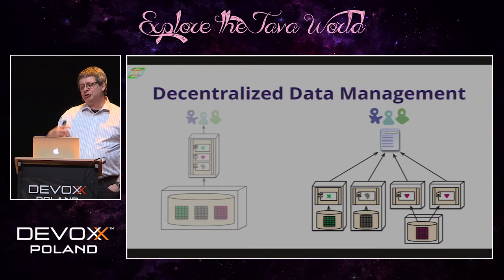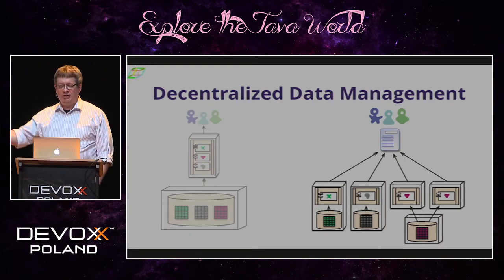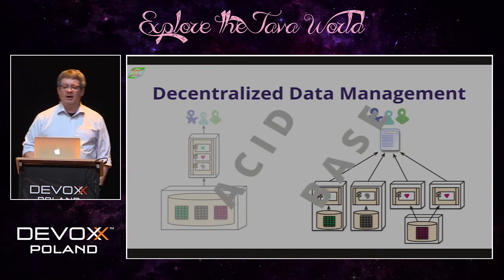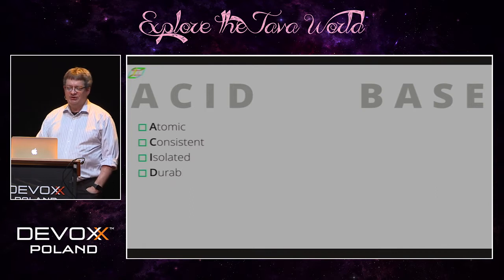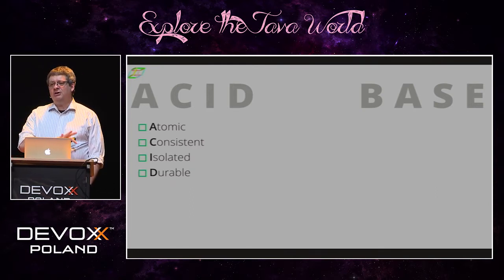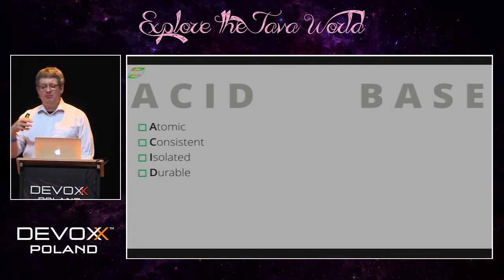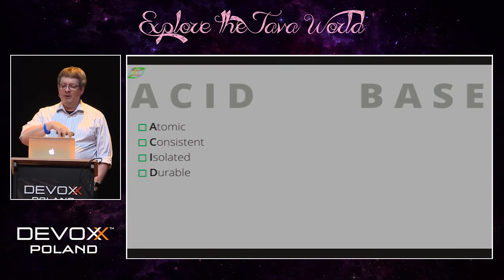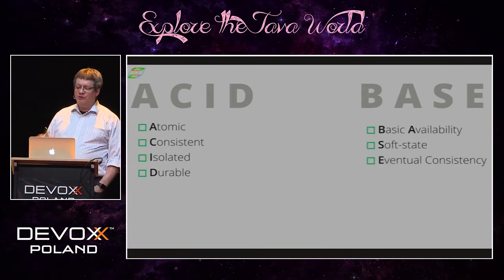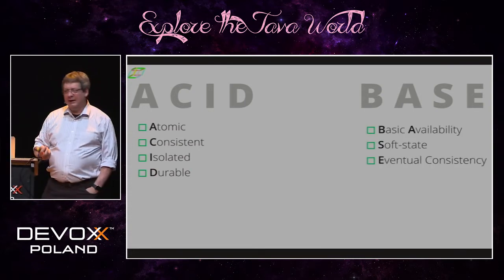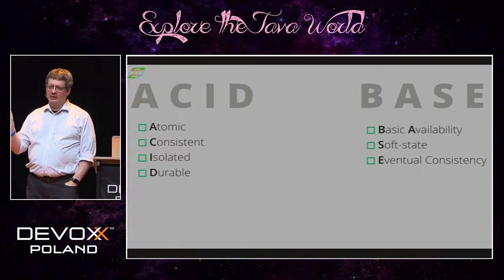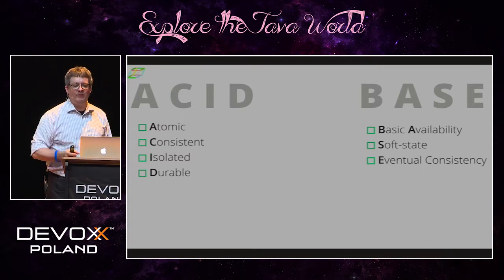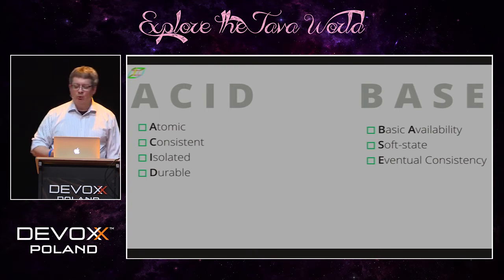And in fact, the microservices world and in general the evolutionary architecture worlds tend to be a lot more BASE than ACID. And let's talk about that for just a second. We're all, of course, super familiar with the ACID characteristics of databases: atomic, consistent, isolated, and durable. But there are a whole bunch of alternatives to that, usually playing off of the ACID acronym, and BASE is one of those: basic availability, soft state, and eventual consistency is the main idea here. Because it turns out that transactions are a form of coupling, and a really hard to untangle form of coupling. And so eventual consistency is more the norm here.